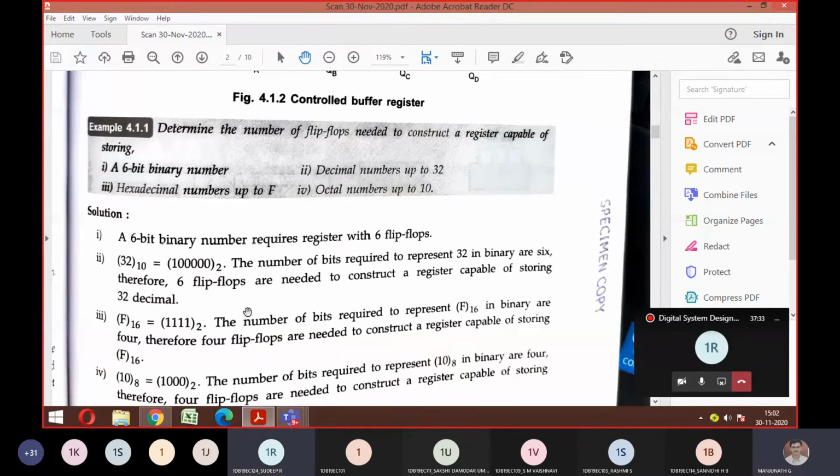Yes, sir. Similarly, if you take hexadecimal number F, how will you convert hexadecimal to binary? I hope everyone forgot this number system concept. You learned it in basic electronics, right? You can get the answer directly on the calculator, that is fine. But how will you calculate manually is the question. How do you convert a hexadecimal number to binary?